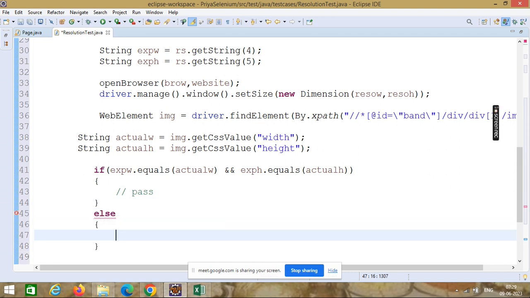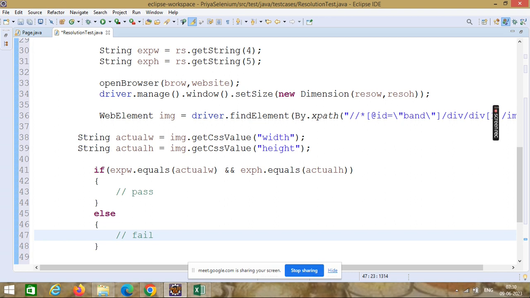So basically, simple visual testing, the manual testing steps. Like when we do the manual testing, we read the data, which browser to open, I will open URL, which resolution to open, I will set the resolution.